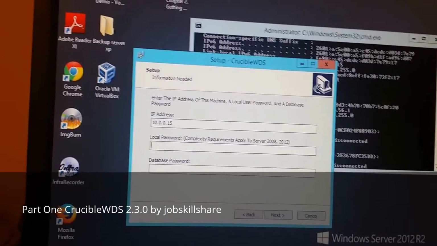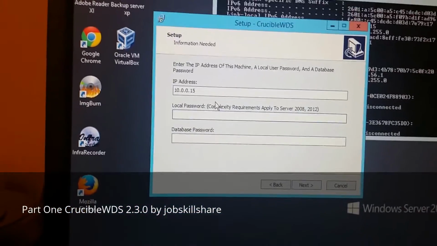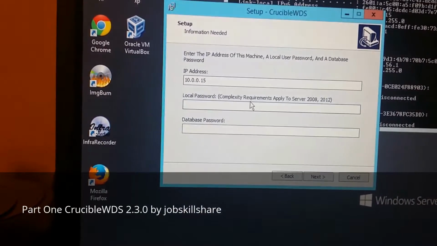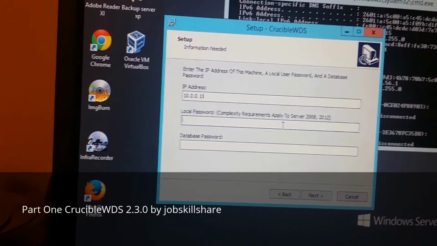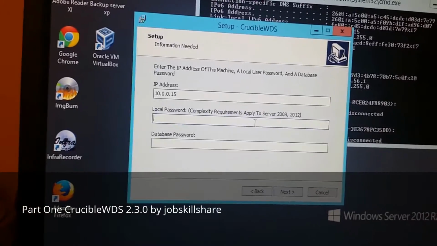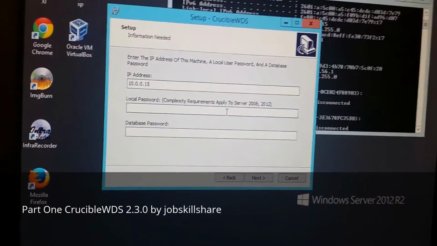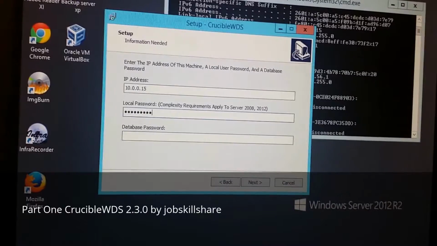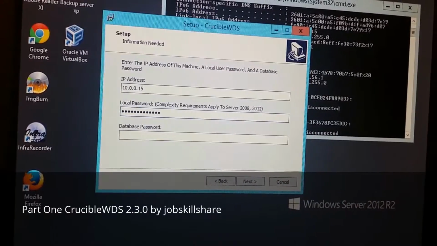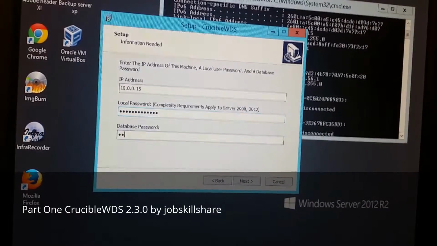And then you give it a password. Now here's the thing. It tells you right here, complexity requirements applied to server 2008 and 12. So don't put something like 1, 2, 3, 4, 5. That's not going to work, and it's going to error out. It will start the process and then error out. So you don't want to do that. Actually, I did it, because I wasn't reading directions. So I'm going to put a nice password here